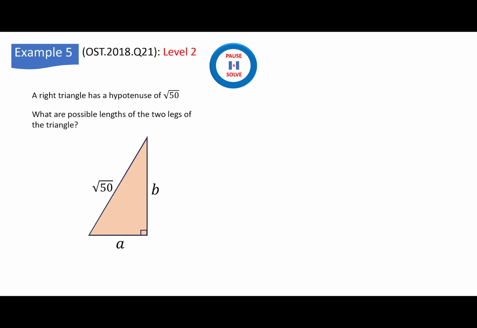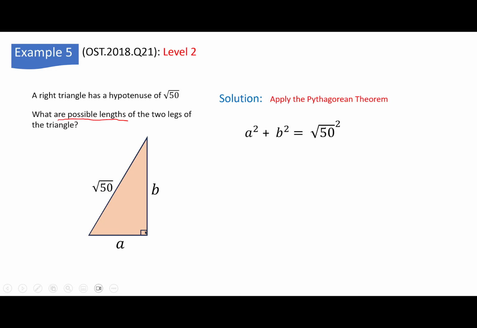Example 5. A right triangle has a hypotenuse of square root of 50. What are possible lengths of the two legs of the triangle? Remember now, when you see "possible lengths," expect to have more than one good answer, okay? So anytime you see a triangle like this with a right angle here, think of the Pythagorean theorem, okay? Let's apply it. A squared plus b squared equals square root of 50